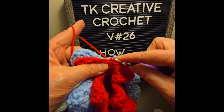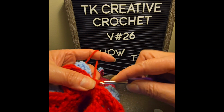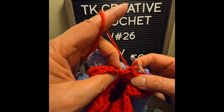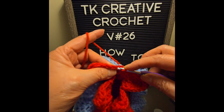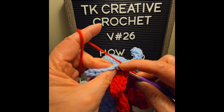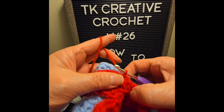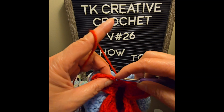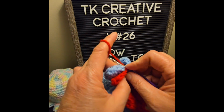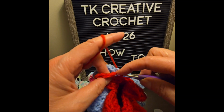Slip stitch. Once again, I'm going to the next one, the back of the V and the front of the V for the blue. Grab through all 3 loops. Back of the V loop, front of the V loop for the blue. So I'm going to continue with the stitching